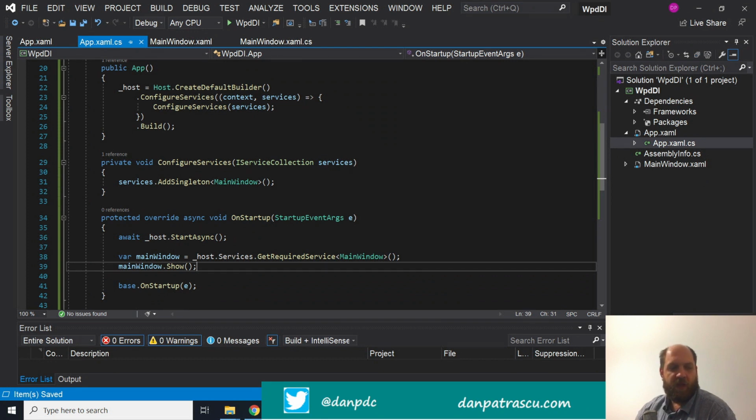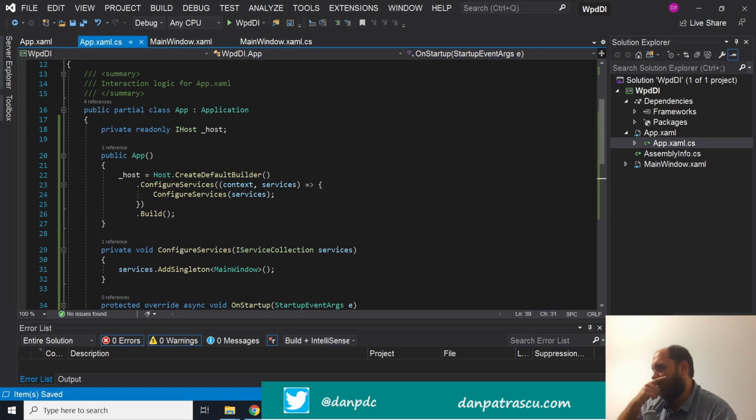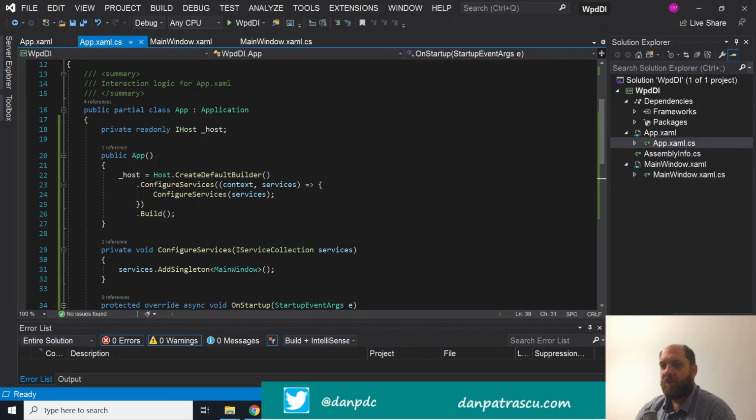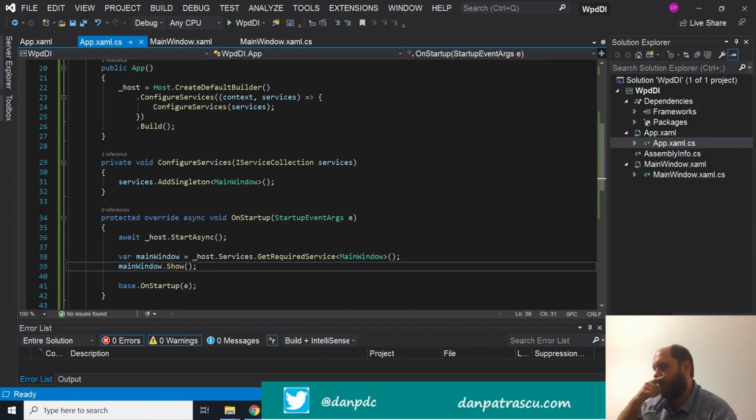Now, one thing that we have to take into consideration is, of course, that there are some things that we would still have to change in the main window here. And here in the main window, let's go back to this main window. What we want to do here is, first of all, we can initialize the component, and everything, I guess, should be fine right now. But we'll add something just a little bit later. For now, I just want to make sure that